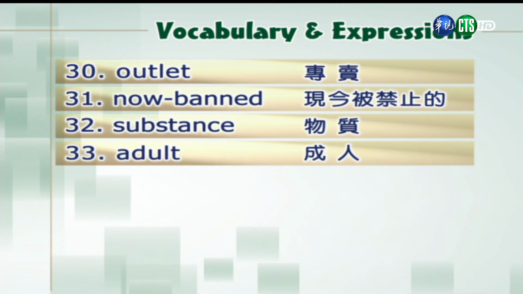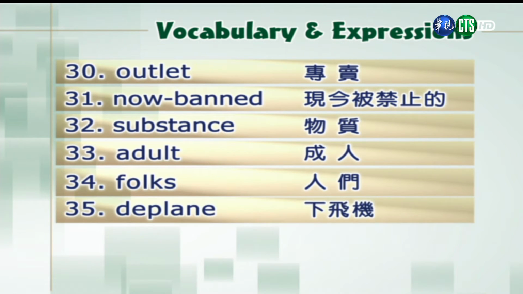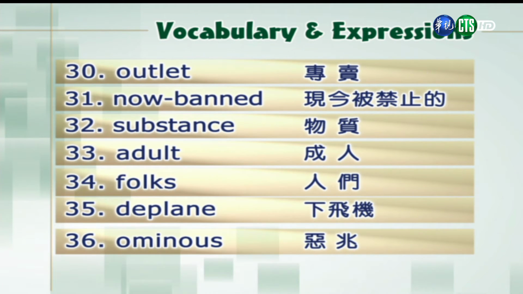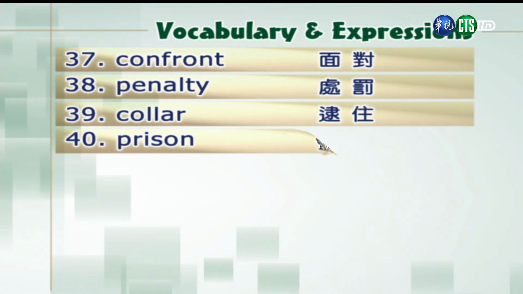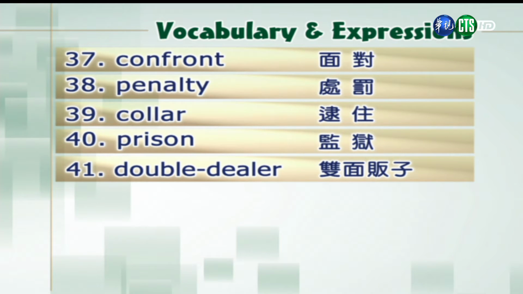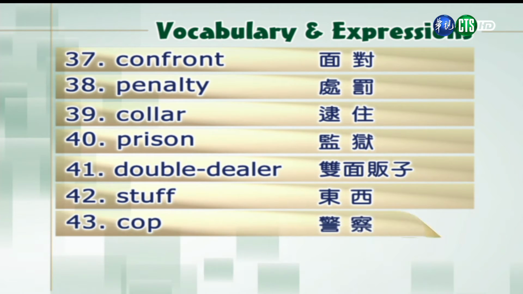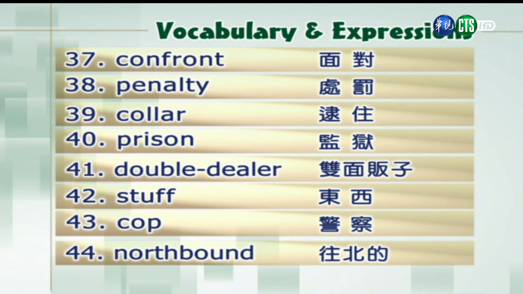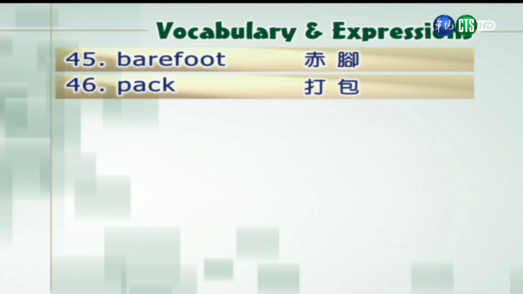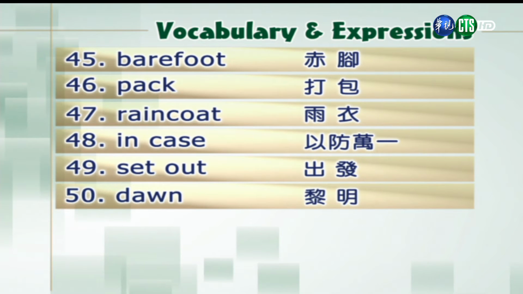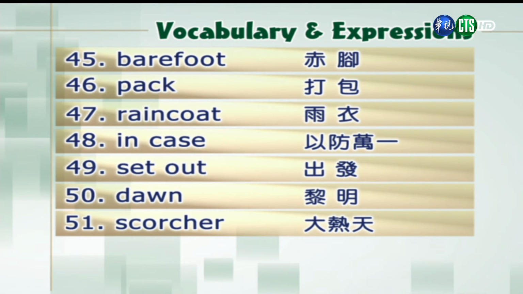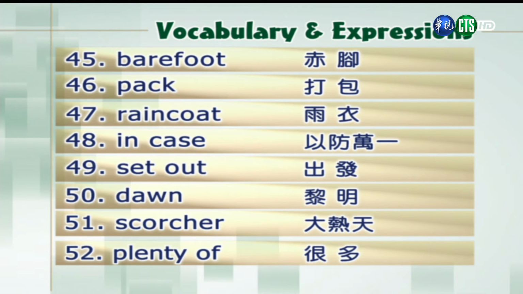Adult. 成人。Folks. 人们。Deplane. 下飞机。Ominous. 恶兆。Confront. 面对。Penalty. 处罚。Color. 逮住。Prison. 监狱。Double dealer. 双面贩子。Stuff. 东西。Cop. 警察。Northbound. 往北的。Barefoot. 赤脚。Pack. 打包。Raincoat. 雨衣。In case. 以防万一。Set out. 出发。Dawn. 黎明。Scorcher. 大热天。Plenty of. 很多。今天的英文会话是描述吸食毒品的问题。